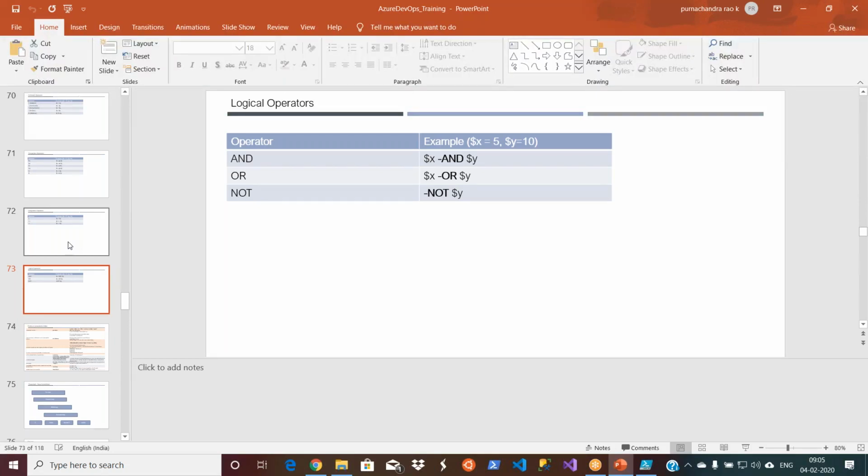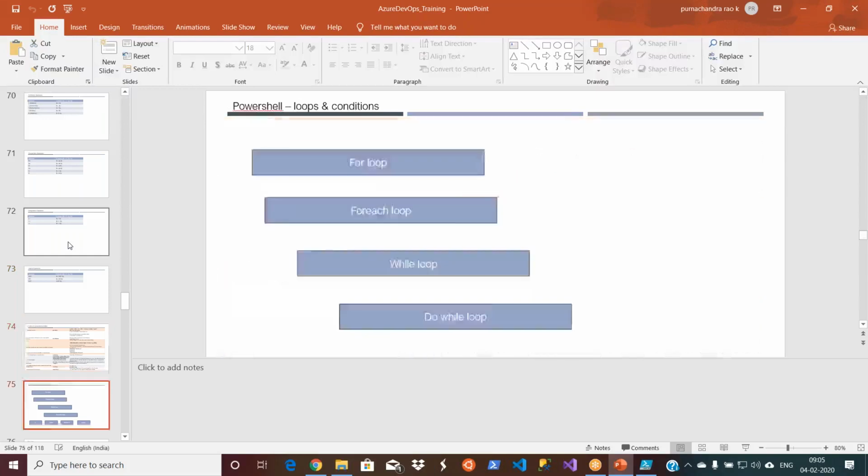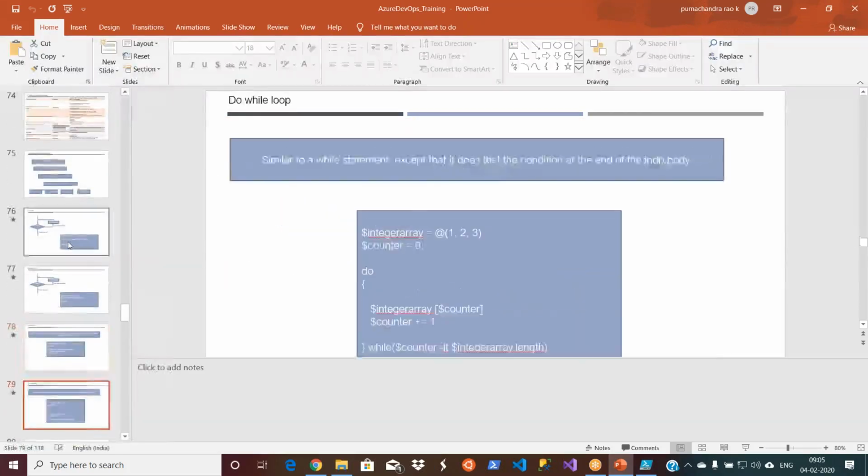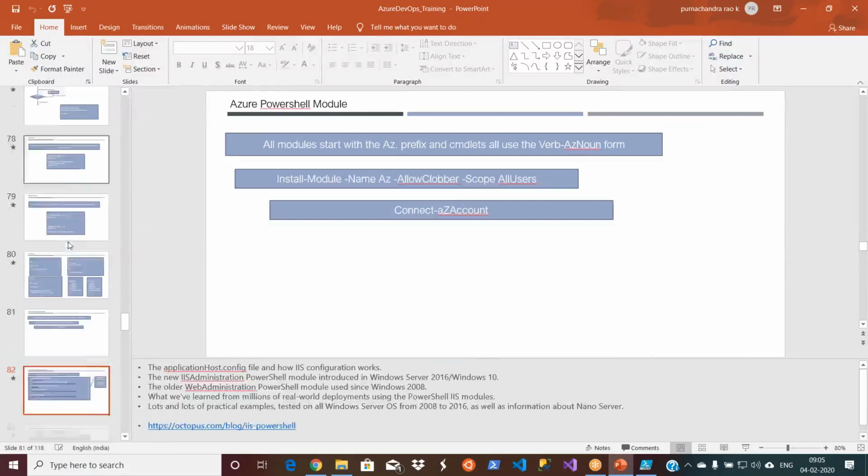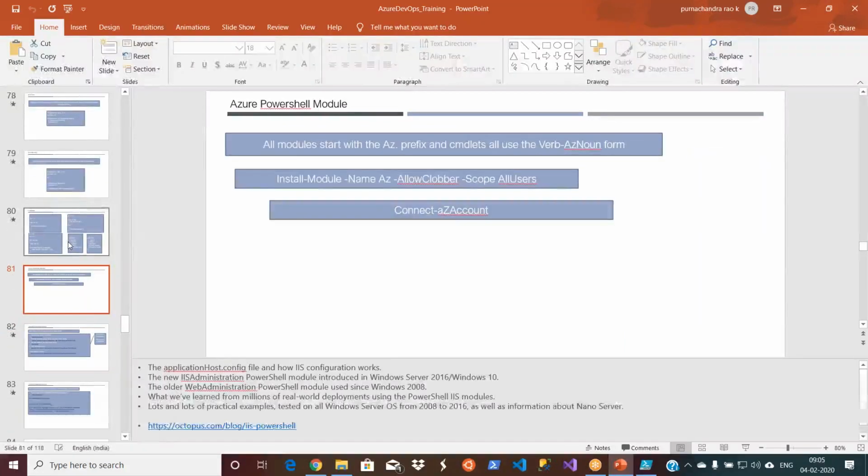And apart from that, you also need to know looping the data or applying conditions, if else, etc. So we will see them tomorrow. Once we are done with these loops and conditions, instead of working with the file system, we can directly work with the Azure cloud resources, so that you will cover working with the cloud resources using PowerShell, and you can apply the same conditions and everything as with regular data.